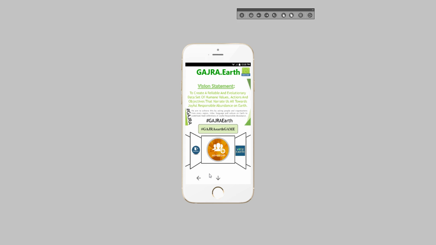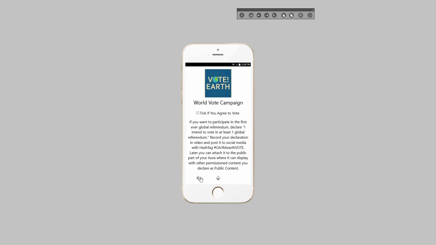And we're going to try and map a way for world peace through defining joyful, responsible abundance in every language and culture, asking people from each of those cultures to define it into a shared database. And then we'll eventually get to a world vote, and this is about trying to solve the AI alignment challenge.